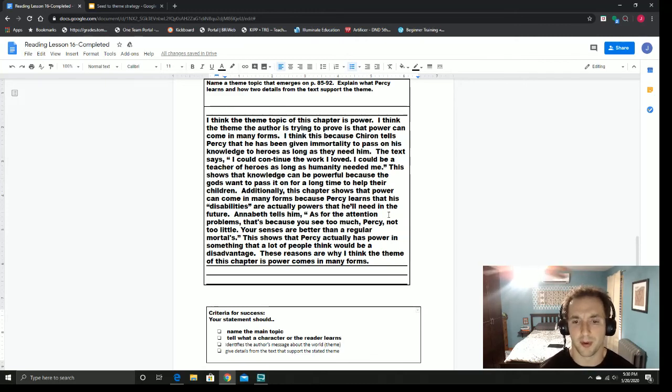Again, I think there's a bunch of themes that pop up in this chapter. You can go more off power, more of just knowledge is power. You can say the theme of it's important to know yourself and talk about that, because when Percy starts to learn more about himself, he is better able to understand his situation. It can be a theme of bullying, that bullies always get what's coming to them, or bullies should get what's coming to them. There's a whole bunch of different themes, as long as they're messages that are true.